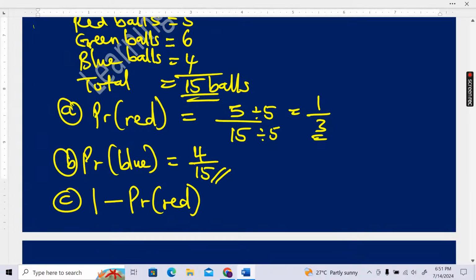Probability that it is not a red ball will be 1 minus probability of red. If the question says, what's the probability that it is not a blue ball? That's 1 minus probability of blue. If it is not a green ball, 1 minus probability of green. So that will be equal to 1 minus the probability of red, which is